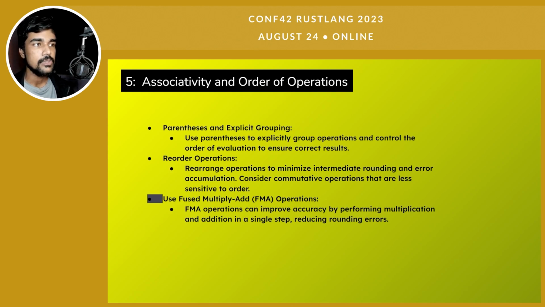Another thing you can do is very advanced, and honestly, I couldn't find a lot of material about it yet, because this is probably still in the RFC stage of the Rust compiler. You can use fused multiply-add operations. It's an SIMD operation specifically. If you don't know about it, you can Google it to learn more. But FMA operations can parallelize certain components of the calculations of the expression in a way that reduces overall rounding errors. You can take a look into this more in depth if you wish to.